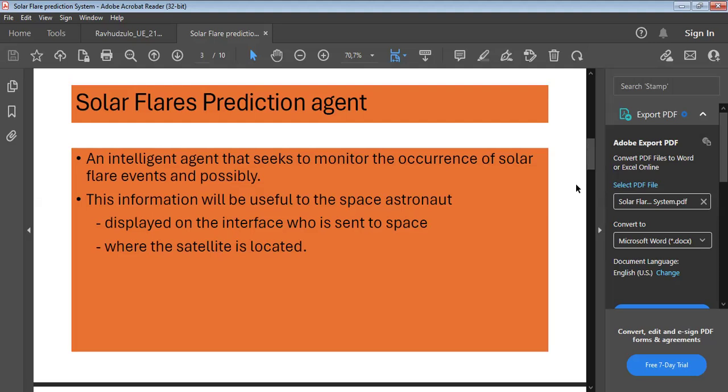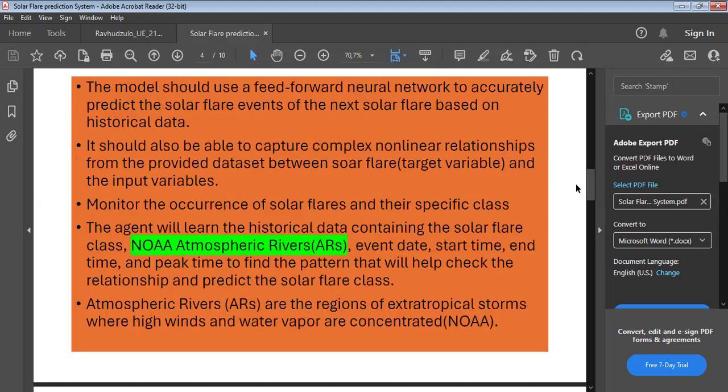It will be useful to space astronauts' decision making, using prior knowledge as to whether the astronaut wants to go to space based on the information from the monitoring system. The astronauts will then make a decision whether to go to where the satellite is located or not.